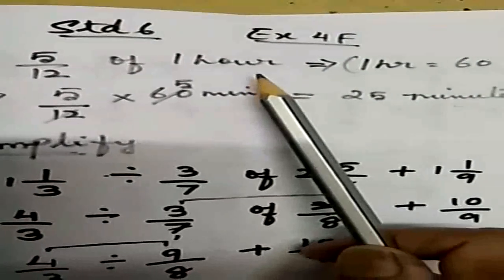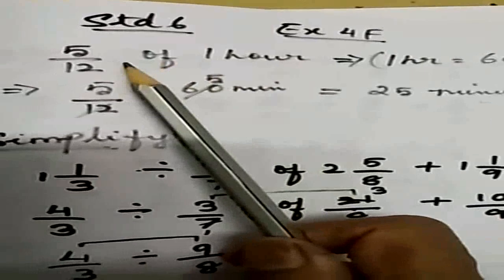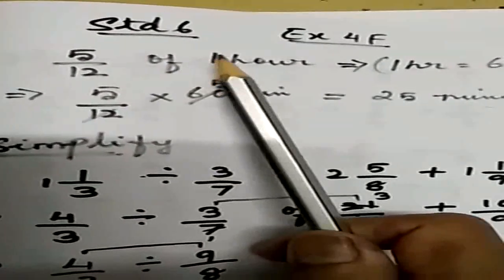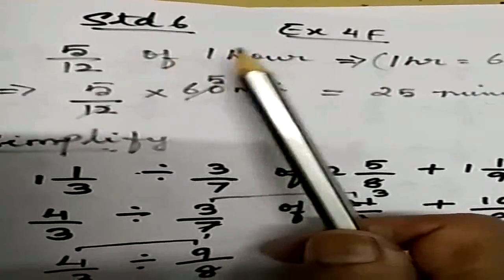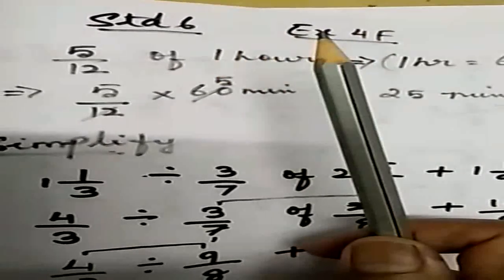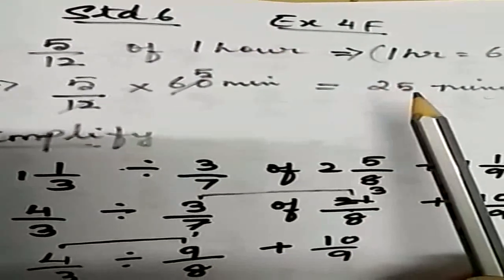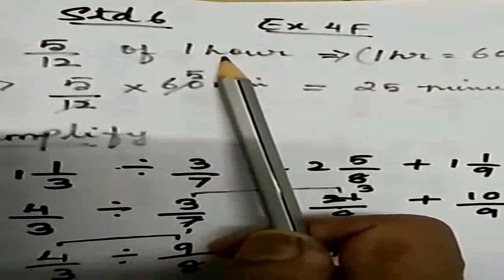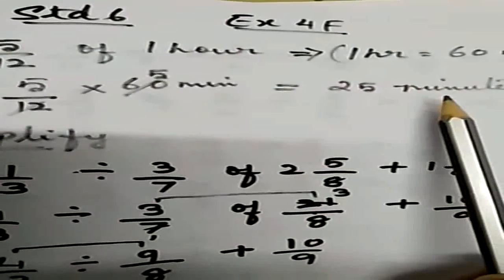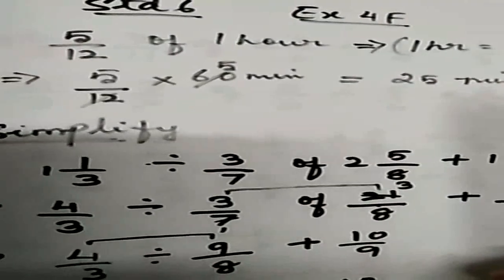Like this, suppose there is no unit, okay, 5 by 12 of 60 is written, no unit is written, then the answer will also come without unit. But when there is a unit, then the answer will also come with the unit. Okay, that you have to understand. Now, in exercise 4F,